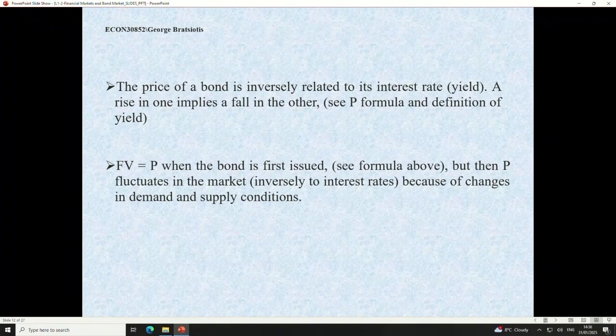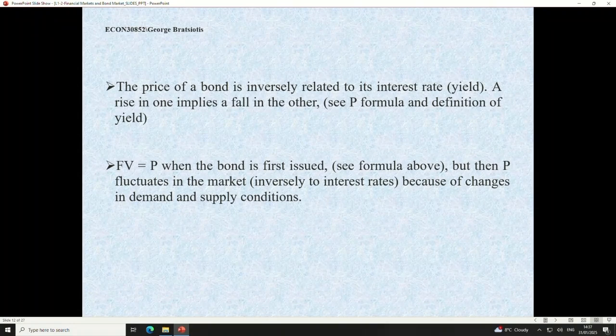And why will it not be the same anymore? Because the face value has been promised, correct? I mean, you paid £1,000, you will receive back £1,000. That cannot change. But throughout the 50 years that you hold the bond, many things will be changing. And the demand and supply for bonds will be changing. Therefore, the interest and their price will be changing. Therefore, the actual price staying the same as the face value after that date is only by chance.